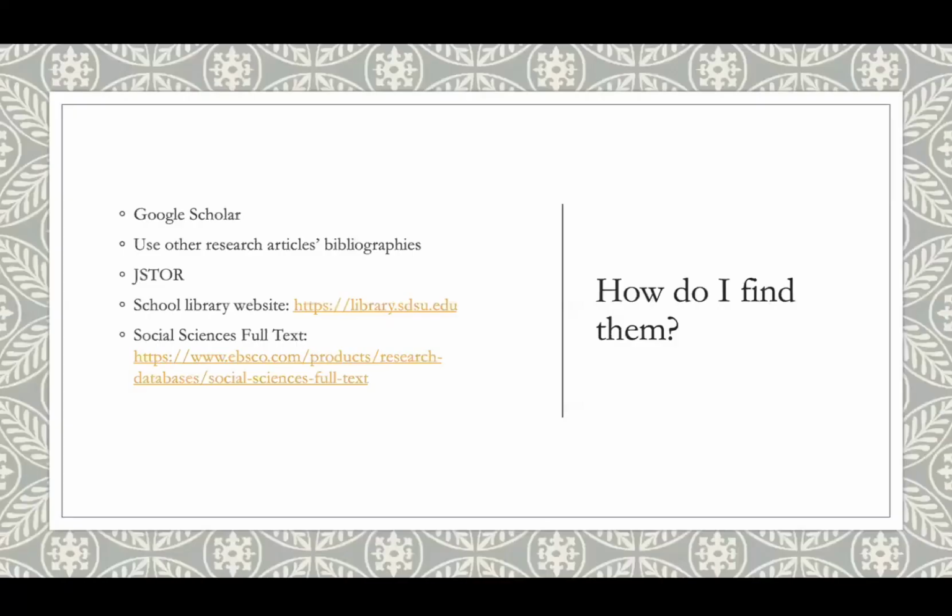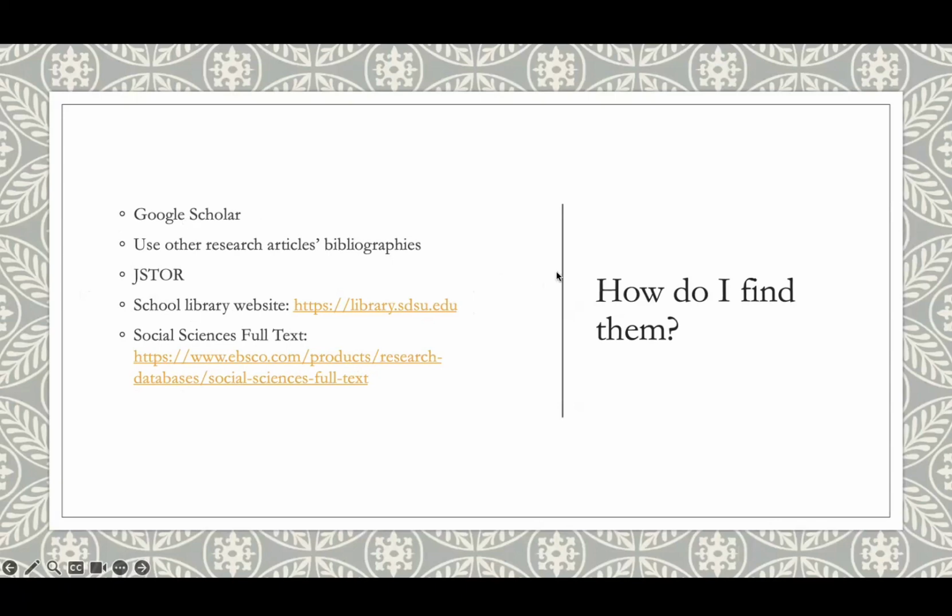Now, okay. So just thinking about how you find research articles too, the best place to start, there's two places. One would be Google Scholar, and then your school library website. So in this case, right, it would be San Diego State. There's some other resources we can find too. So EBSCO is another good one. JSTOR is one that you've probably heard. I don't use them as much. I normally will default to the school library website or Google Scholar. Those are always my go-to.